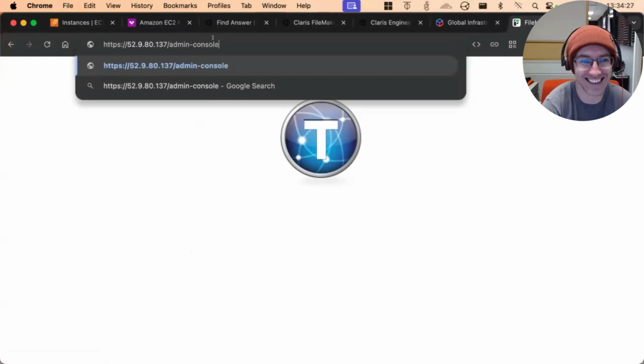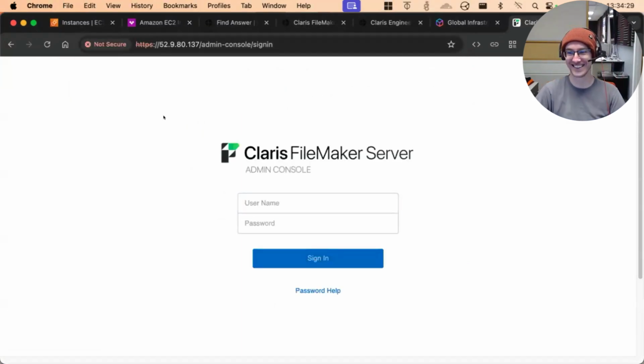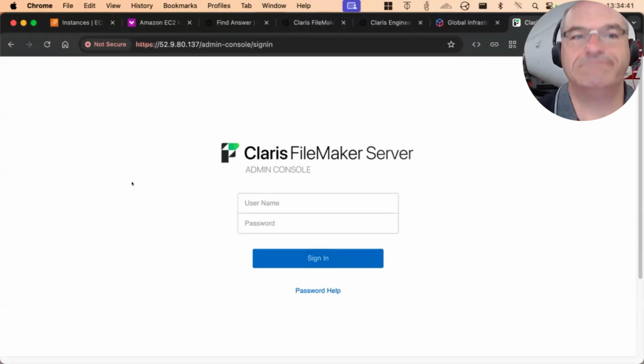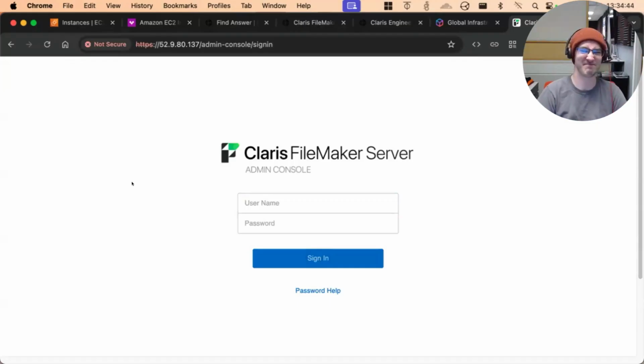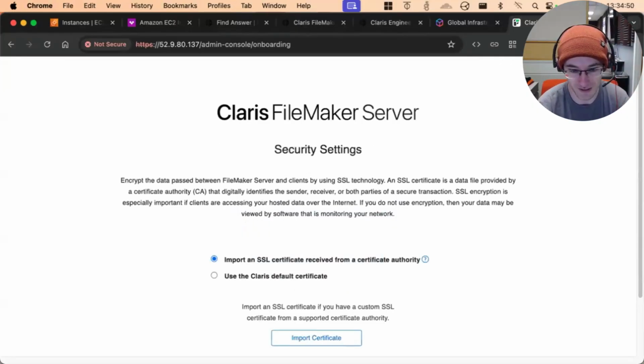Yeah, Safari's not buying what I'm selling it. They gave us a moment when they would let you click, I don't know, seven times to get around, and eventually they were like, nah. So we're going to go in here. This is the initial setup. You can do basically everything from this point. If you're on a Mac specifically, Safari will fight you to the end and you may not be able to get around it. Chrome and others will make you click through stuff and yell at you really loudly, but they won't actually block you.